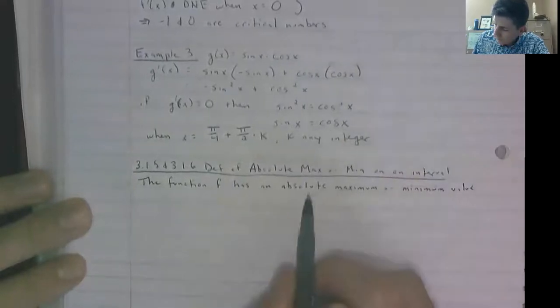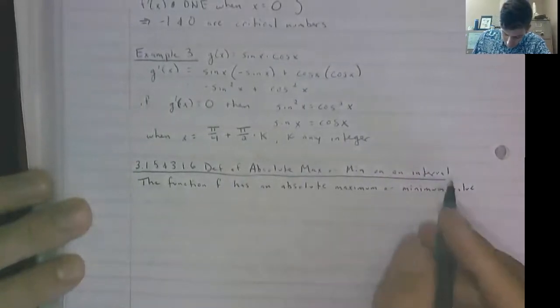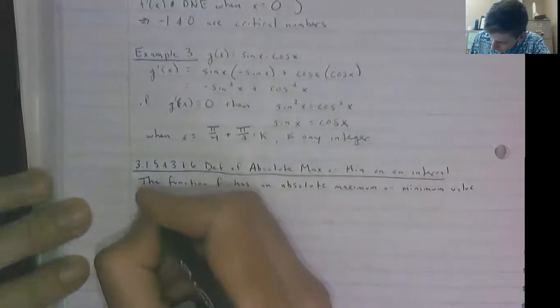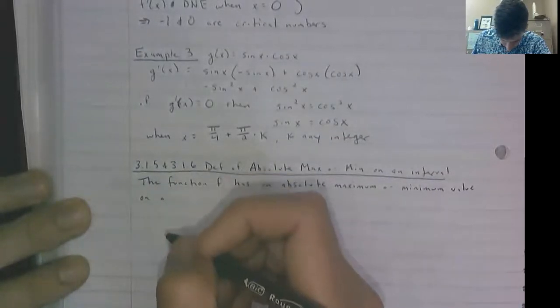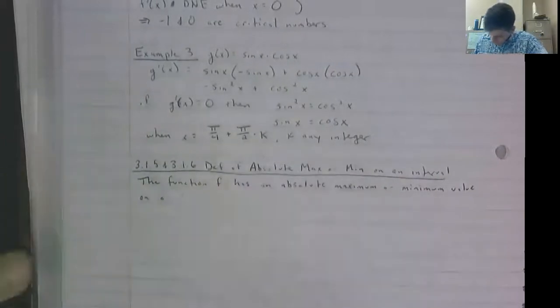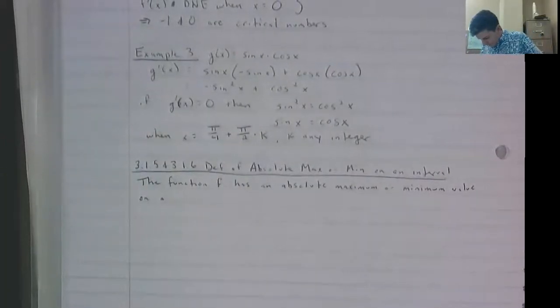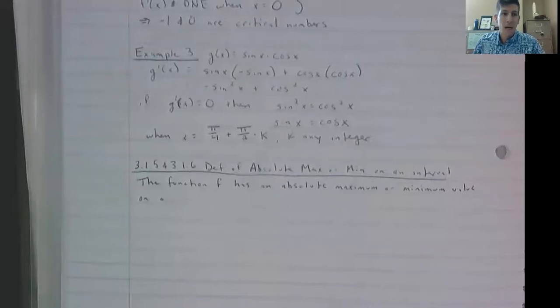No, absolute maximum or minimum value on an interval. Does this really not include a closed interval? We're going to say closed because I think it's supposed to be closed, even though the definition doesn't add it in. On a closed interval,